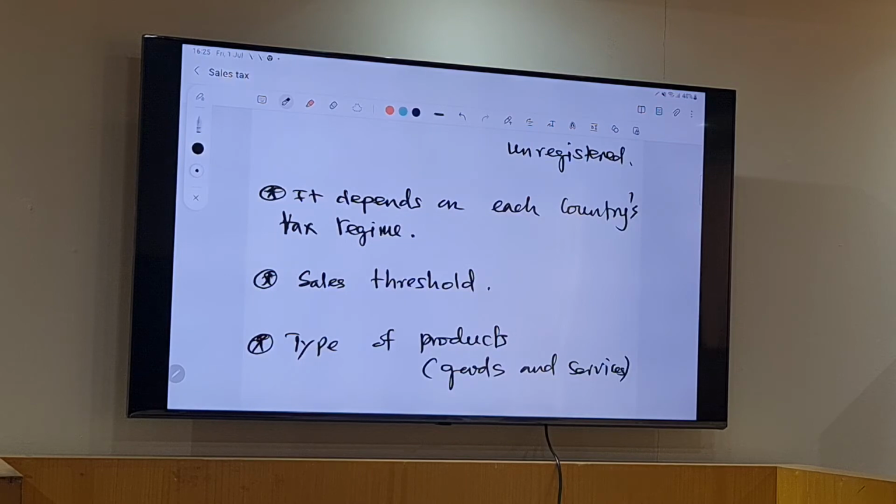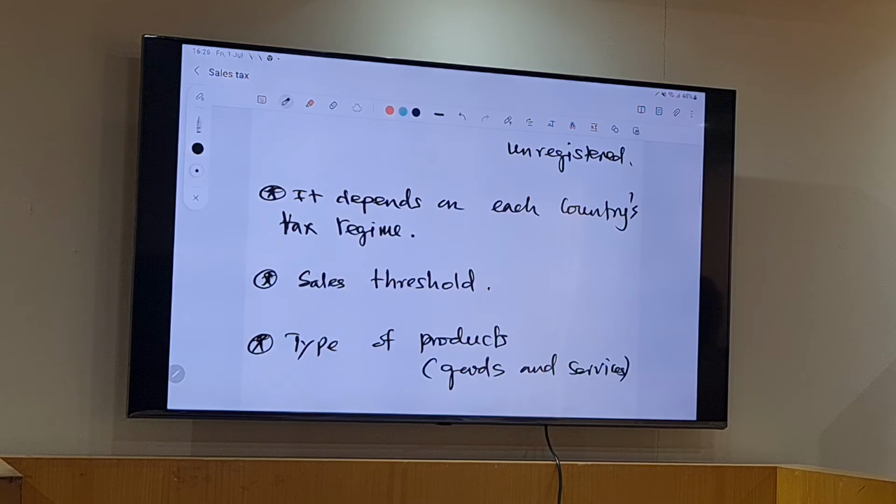Number three, the tax law may also say that if you are producing agricultural items, like, what do you say in English? Fertilizers, for example. If you are producing fertilizers, that is helping your agriculture. Or if you are producing agricultural seeds, then you are uplifting the economy of the country. So the tax laws may say if you are in this category of people doing this business, you don't need to register. Clear?